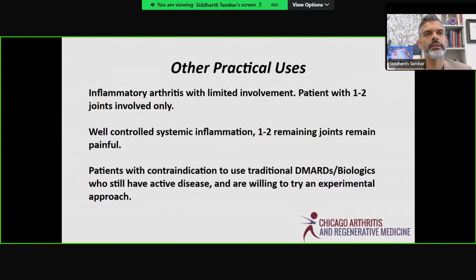Some examples would be an RA patient. I've seen RA patients that come to me who've got dozens of joints that are active, and they're asking about, can they utilize bone marrow stem cells? And I'll always tell them, get the inflammation under control first before we consider that. And in those patients where total body inflammation is controlled, and they still have 1 or 2 joints that are a little bit problematic from a little bit of inflammation, some wear and tear arthritis, they do great with treatment, whether that's bone marrow or platelets.